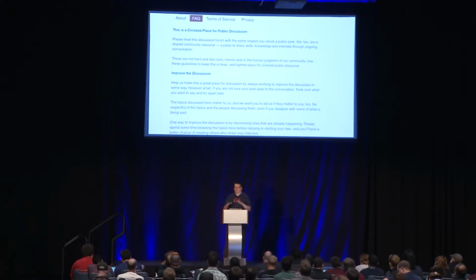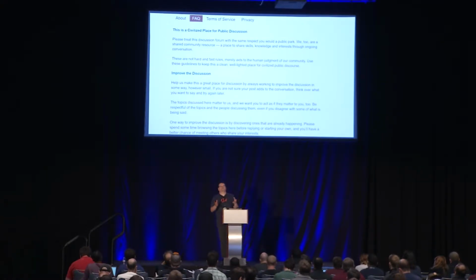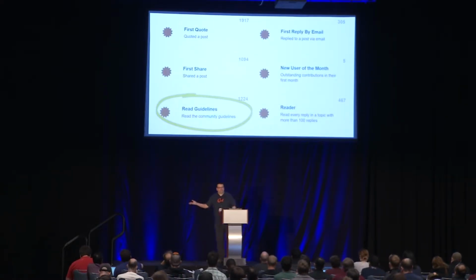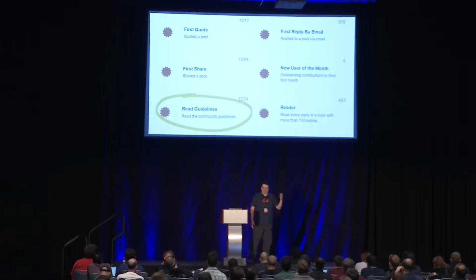So you've got to think from a software perspective, how can I get people to at least look at this and acknowledge it? And to be fair, maybe they saw it somewhere else. Maybe they've seen the Discourse rule set. It's like, okay, I already know this because I've been to 5 other Discourse sites, and the rules are always the same. So one way is we have a badge. If you actually read the rules, well, I can't guarantee you read them, but say you scrolled to the bottom of the rules, you get a badge for that.